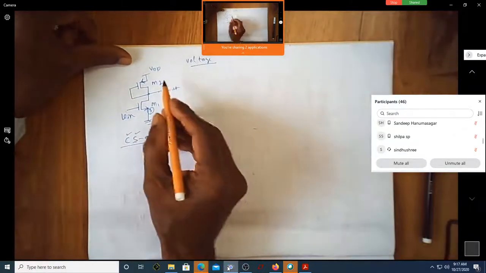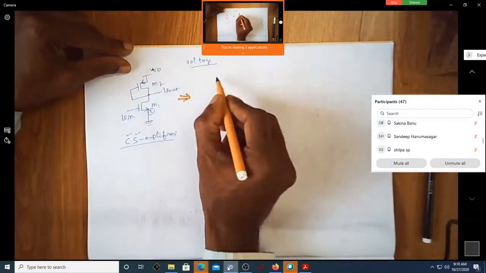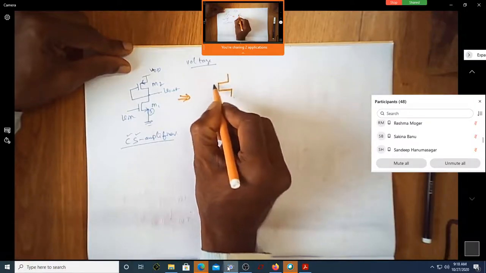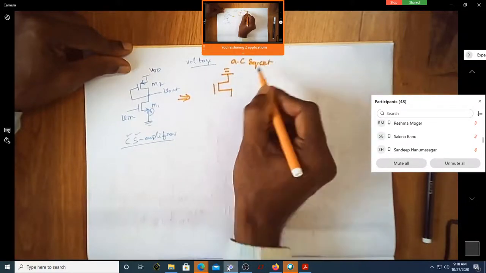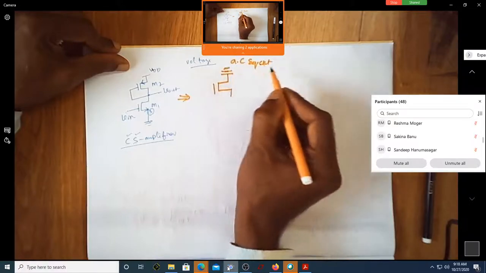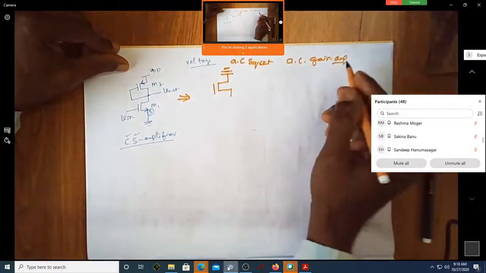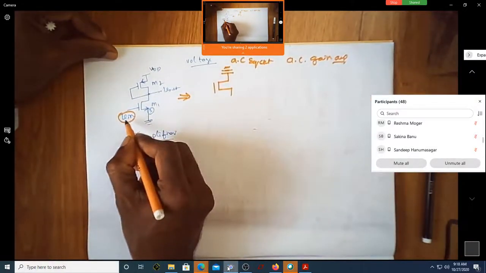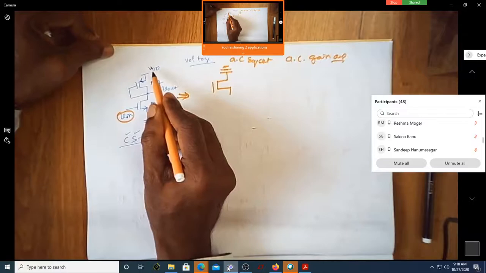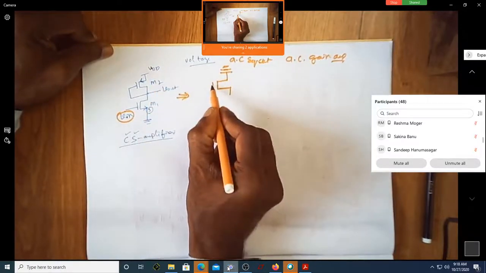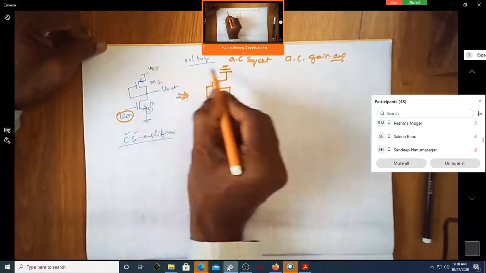In a small signal analysis, how do you rewrite this circuit? Will I short this? Will I make VDD ground? Yes, sir. I retain this as it is. Now I'm writing the AC equivalent circuit. Why the AC equivalent circuit? Because I'm trying to find the AC gain of the amplifier, meaning this is an AC signal. For this signal, how does the gain look? For that, I'm making all DC voltages ground, and then you can see I'm connecting this to this. I'm just rewriting the circuit as it is, except VDD has been made ground.